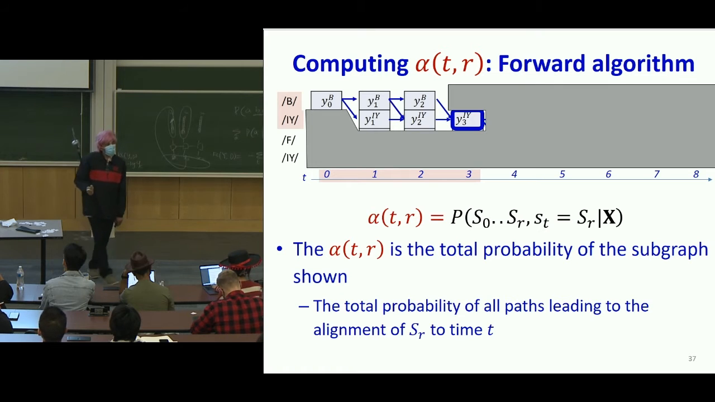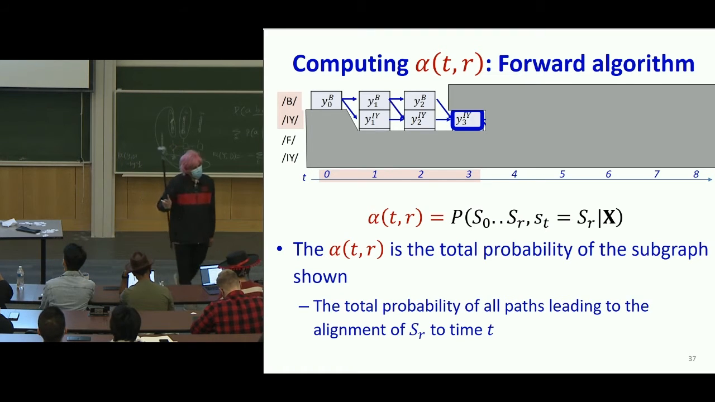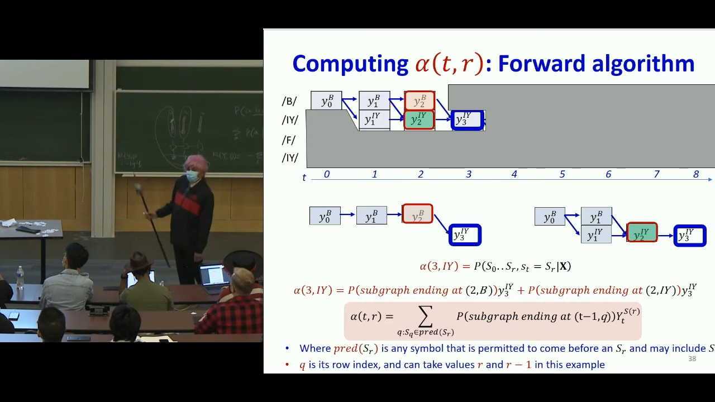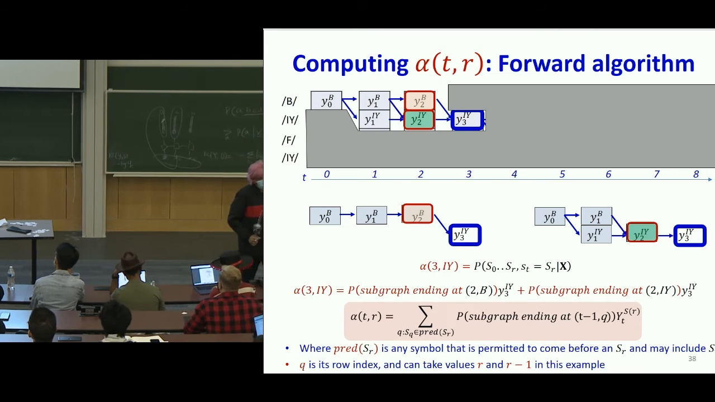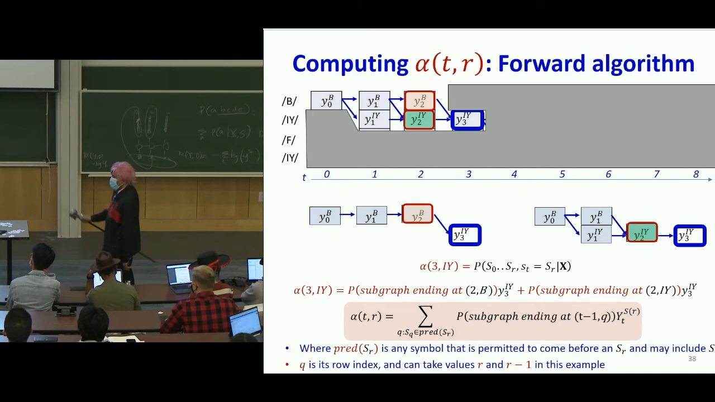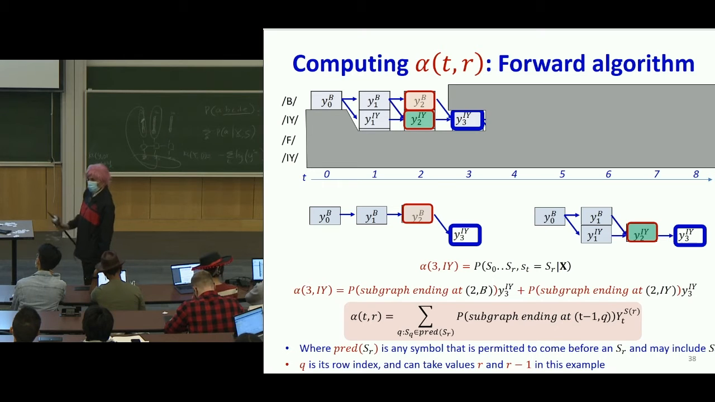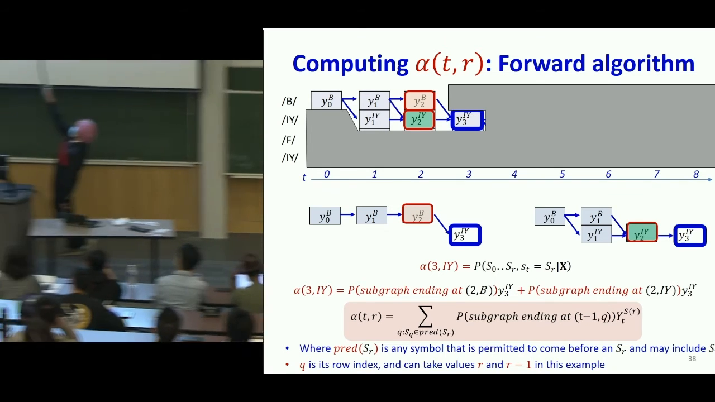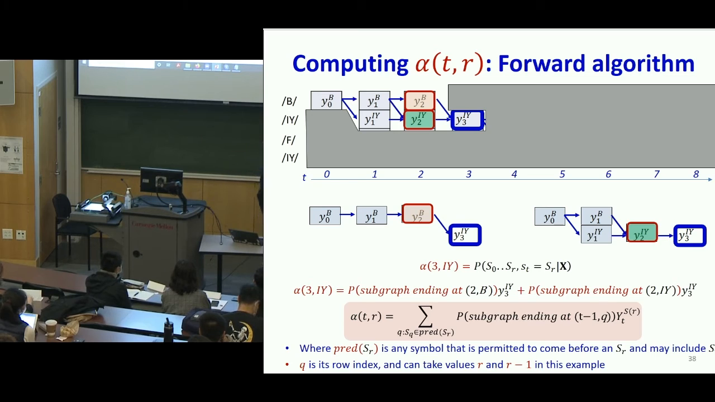Now, there are only two ways of arriving at y3e, right? Arriving at the symbol e at time 3. And the two ways are highlighted by the red and the green node in the top figure. So the only way you can arrive at that particular destination node is to either go through y2b or go through y2e, correct? So that means the total probability of arriving at y3e, meaning at e at time 3, is